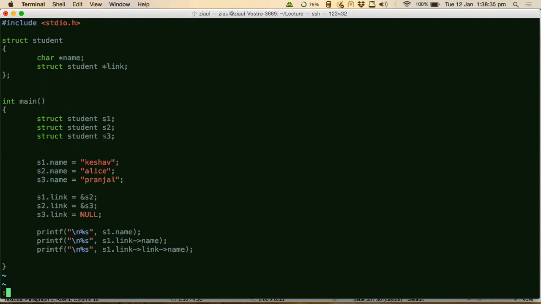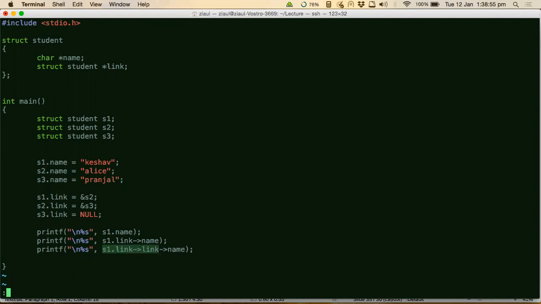Similarly, if I want to go to S3, what do I have to do? I first have to go to S2 using S2's address. And then once I'm inside S2, I have to access S2's link using this part till this part here. And then finally, till this point, I'm inside S3's location.